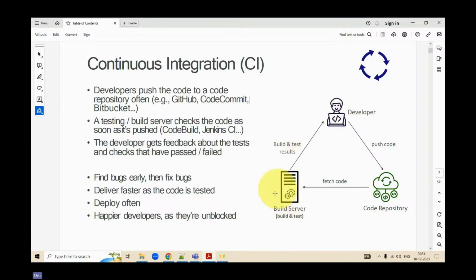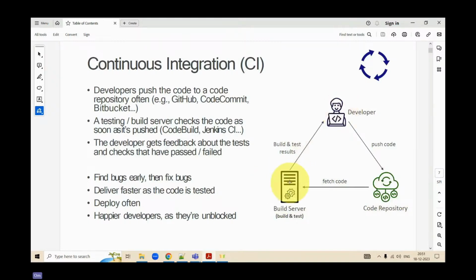In a similar fashion, the moment the developer pushes the code into this repository, there is a build server which fetches this code, builds it, tests it, and finally provides the results back to the developer. Why is this build server needed?